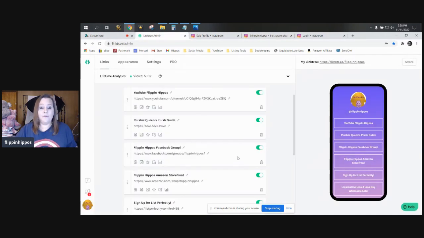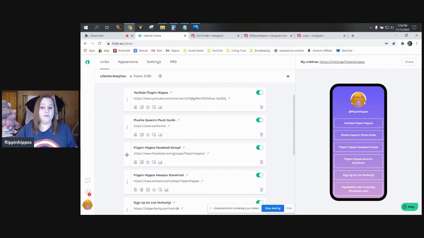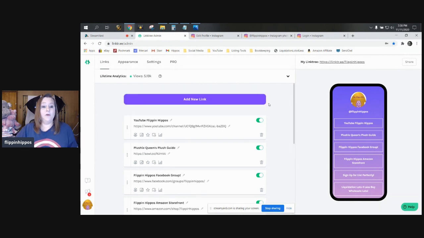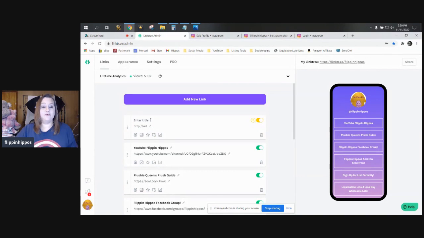And you can move them with these 3 dots here. You can move the list around so you can have them from top to bottom, most important to least, or however you want to organize it. When you want to add a new one, you just say add new link. What do you want it to be called? My Posh store, my Pinterest, Facebook. You put the URL, and then you just add it in,